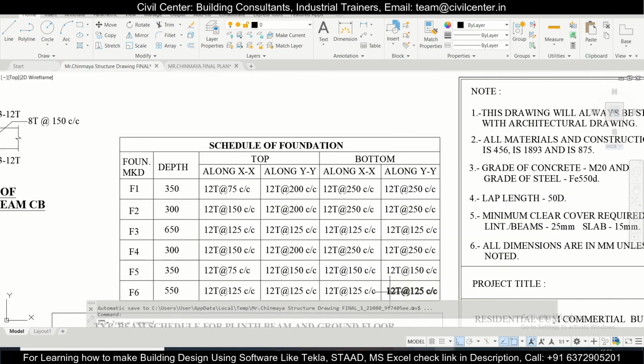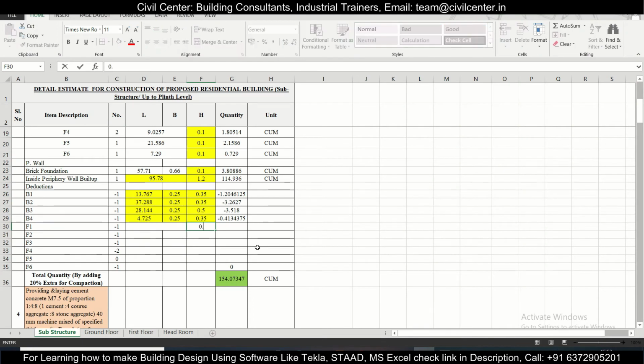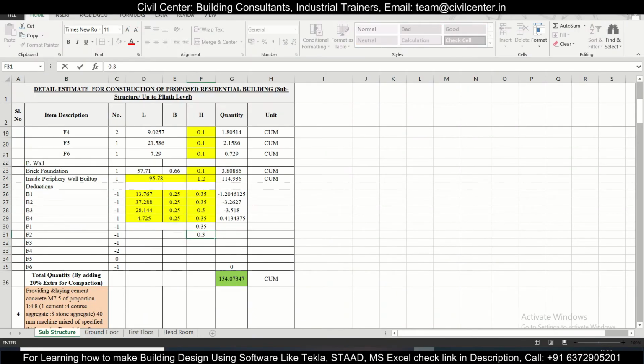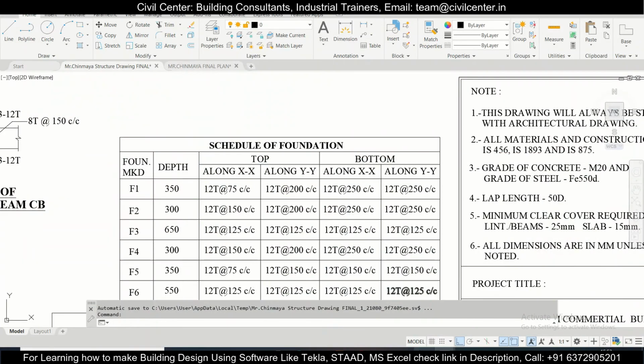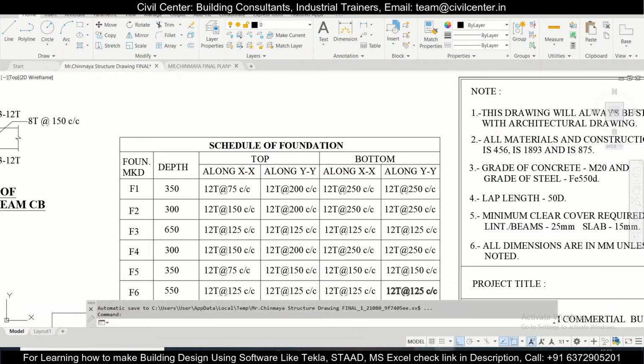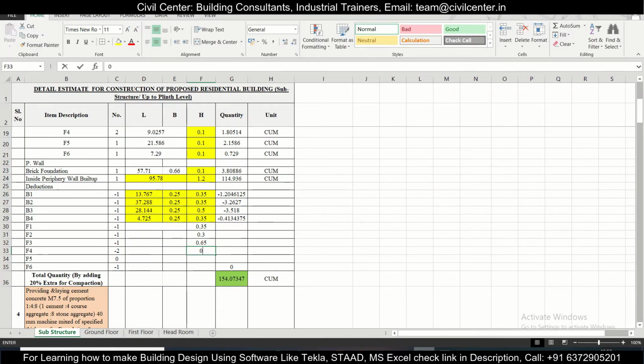So F1 0.35, 0.35, F2 is 0.3, 0.3, F3 is 0.65, 0.65, and F4 is 0.3, 0.3.